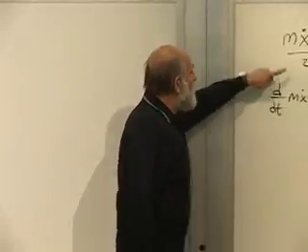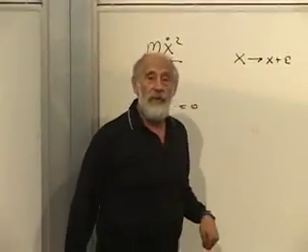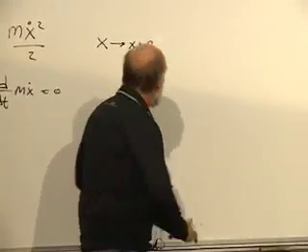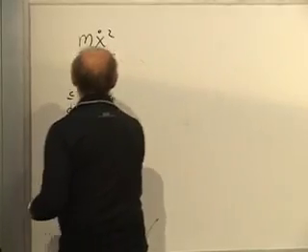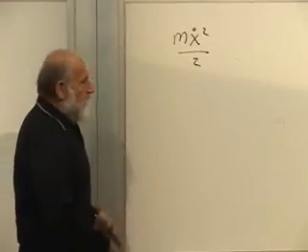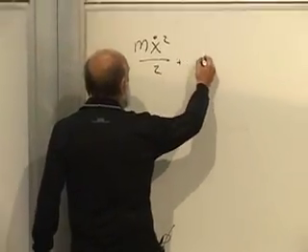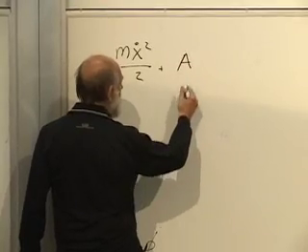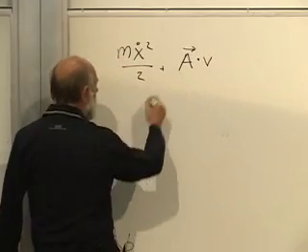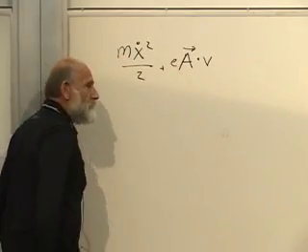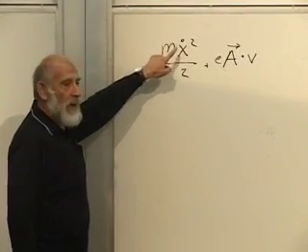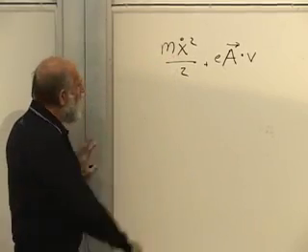Anybody know what the Lagrangian is for a particle moving in a magnetic field? Right. There's another term, the vector potential. The vector potential, which is a vector field, plus the vector potential dotted into the velocity with the electric charge here. All right. So for example, if I wanted to calculate the momentum canonically conjugate to x, I would want